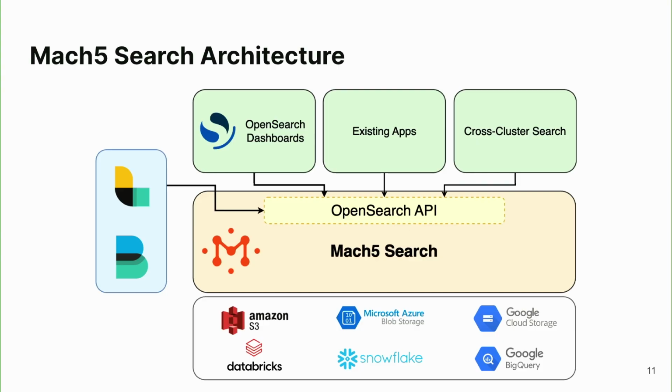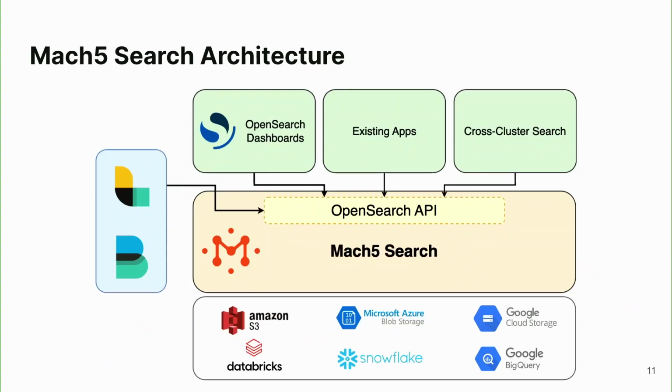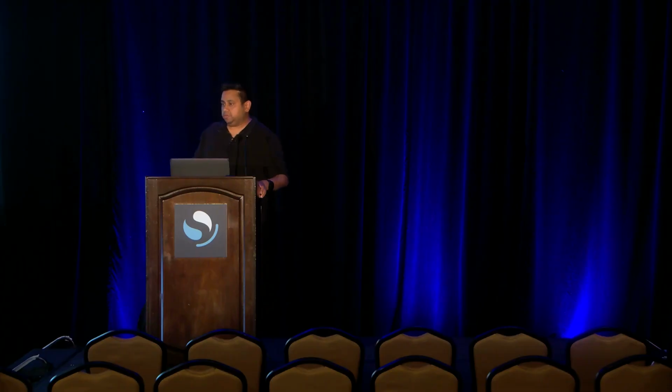So now go back to my previous picture where you split your data into those two pieces. Your application layer can still talk to OpenSearch or use the OpenSearch API, because cross-cluster search works across Mark V and OpenSearch and gives you a unified view of all your security data. So with that, I wanted to show you a demo of the product, of how we bridged OpenSearch on top of the data lakes and OpenSearch itself. Again, if you're familiar with